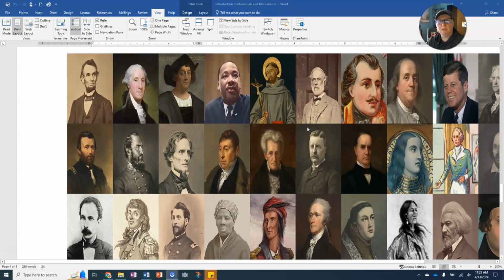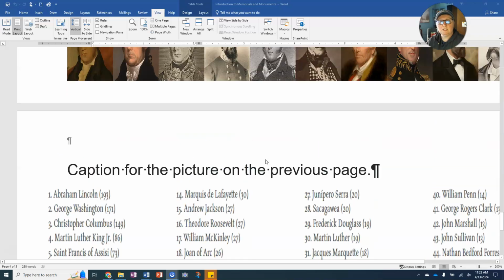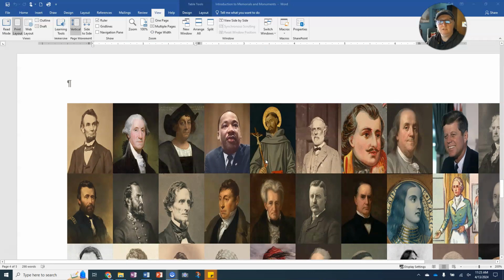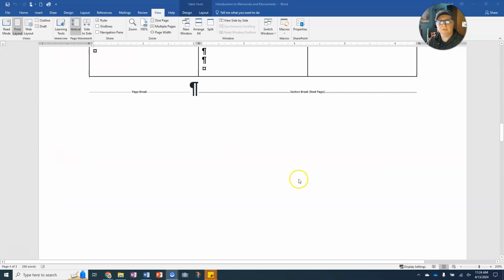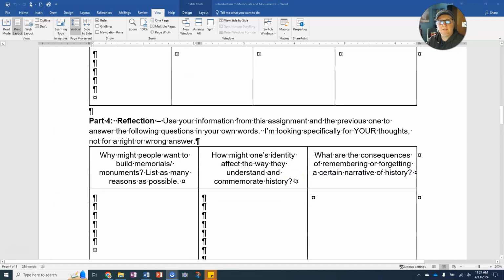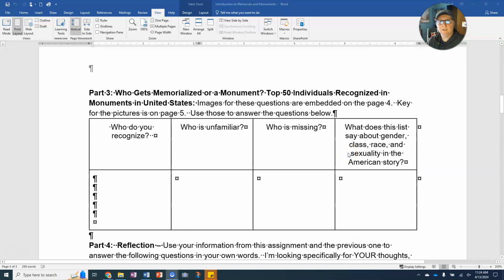And we've got one page here that shows us the top 50 people memorialized in the US, right, that have memorials or monuments. And the next page is the key. Okay, and just so you know, the key goes across. So Abraham Lincoln, George Washington, Christopher Columbus are our first three, and then you can just count across and then go top to bottom to figure out the rest when you get there to those questions. Okay, and then, so after we've answered these questions, right,